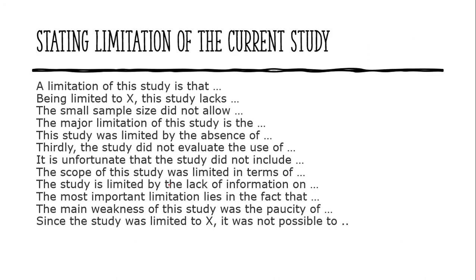And stating limitations. How? Limitations of this study is that, okay, this is straightforward. Okay, the small sample size did not allow for better predictions, for example. Okay, this study was limited by the absence of what? Maybe expert to review. Maybe you have developed your system, you have completed your system, you have done accuracy test, you have done functionality test, but the limitation is unable to find an expert, maybe because of the time constraint, maybe because of the difficulty in this pandemic time. It's hard to find the respondents, for example. Okay, that might be your limitations.